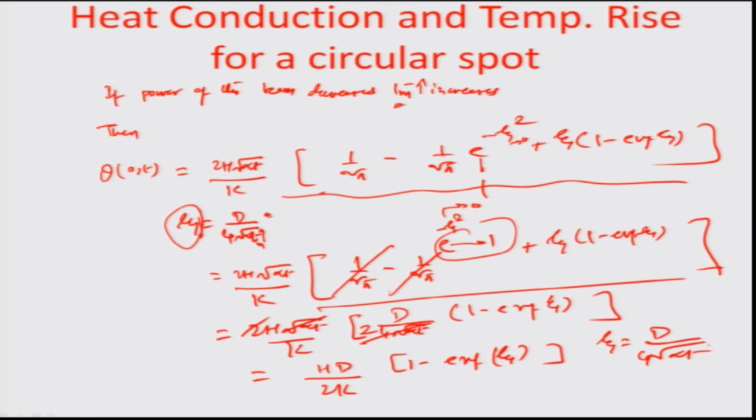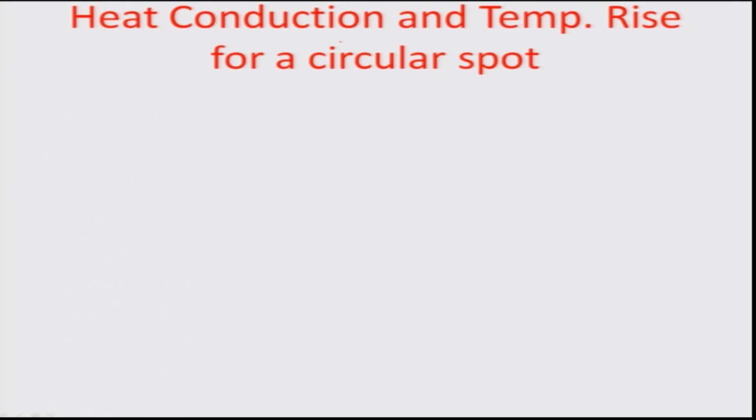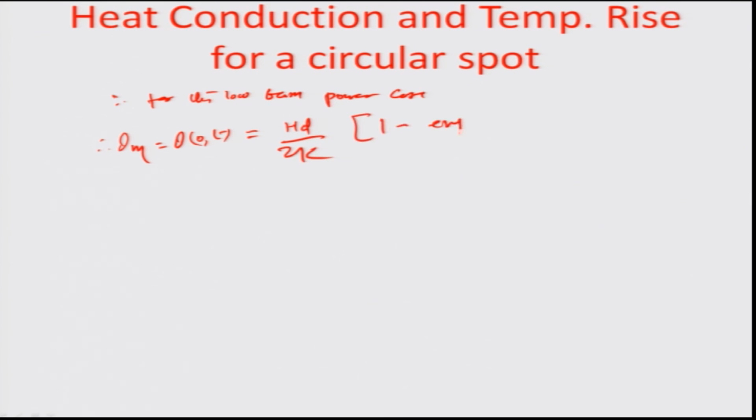So, having said that, now this is a kind of condition which corresponds to low beam powers, because the Tm value is reasonably high in this case, and therefore, for the low beam power case, the theta m equals theta 0 t, as such a power is hit upon, is actually equal to h D by twice k times of 1 minus error function of D by 4 root of alpha Tm. So, this is the more simplistic form of the expression,